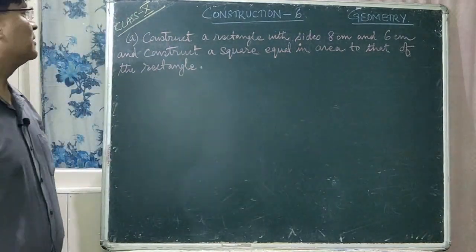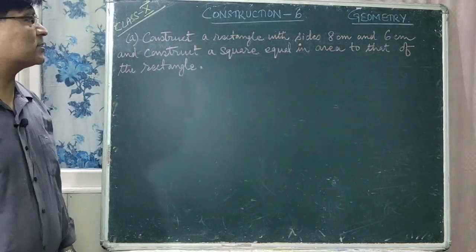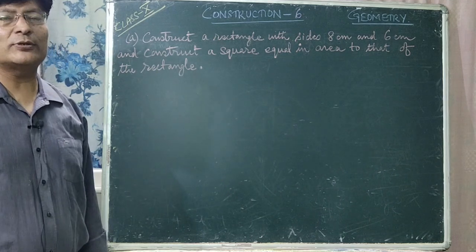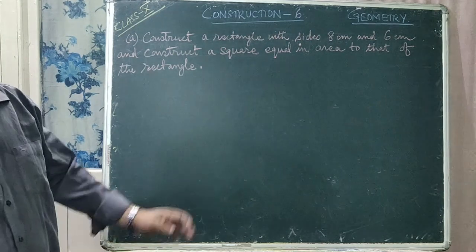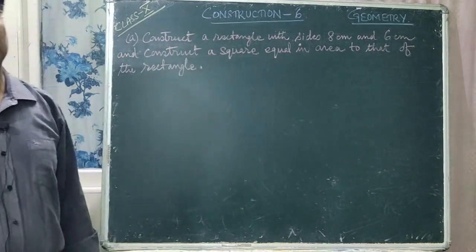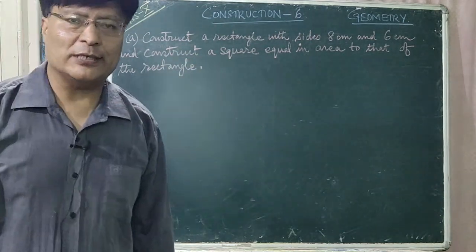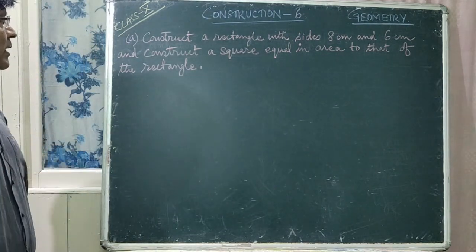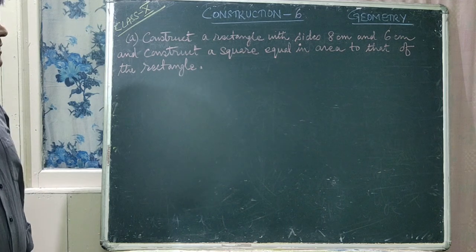Hello students. So today I am doing class for class 10. Today is construction number 6. So today we will do construction number 6, from the geometry portion. Now this question is number A, construction number 6, and question number A is: construct a rectangle with sides